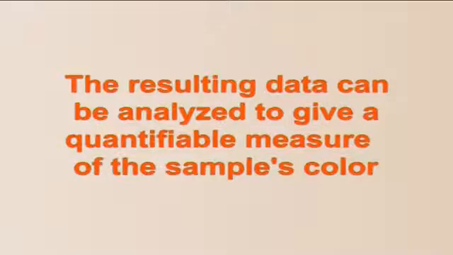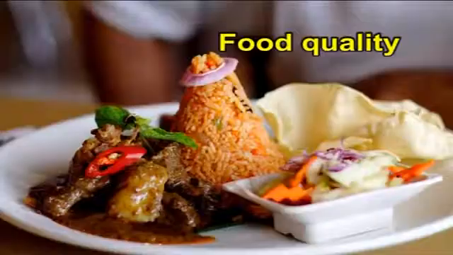As I mentioned earlier, in a spectrophotometer, the reflected light from the sample is split into its various components within the visible spectrum. The resulting data can be analyzed to give a quantifiable measure of the sample's color. This can be especially important in the food industry because foods have specific dyes and therefore any deviation can cause severe problems for food quality. The manufacturer is required to strictly adhere to the product label with regard to the ingredients, including food dyes that make up the recipe for each food product.